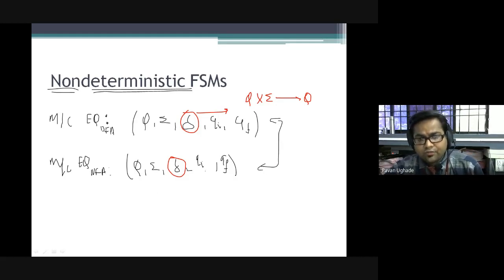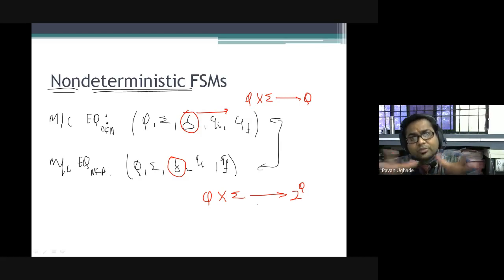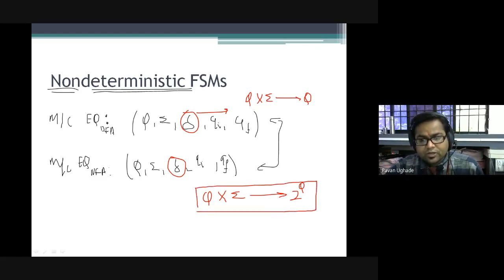But in the case of NFA, non-deterministic finite automata, what happens? A state over an alphabet gives rise to any set of states. So what is the total possibility? It is 2 raised to power Q, the power set. You know the power set, right? Earlier we calculated the number of substrings, so you say 2 raised to power n, that is a power set. I'll take that example, don't worry about this. So now this is the difference between NFA and DFA.